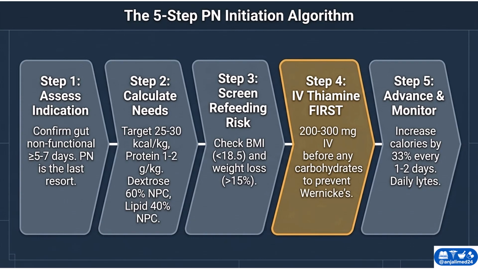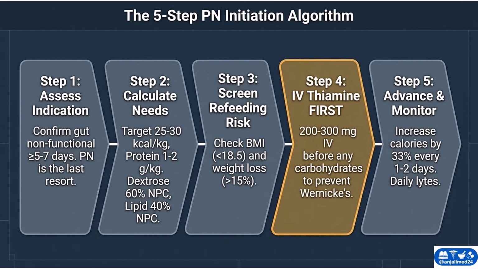Step 4 is one of the most important exam points. Administer IV thiamine before starting the carbohydrates. Give 200 to 300 milligrams of IV thiamine to reduce the risk of Wernicke's encephalopathy and other complications of refeeding syndrome. Finally, step 5 is to advance the nutrition gradually while monitoring closely. Increase calorie delivery by about 30 to 33% every 1 to 2 days and monitor electrolytes, blood glucose, fluid balance